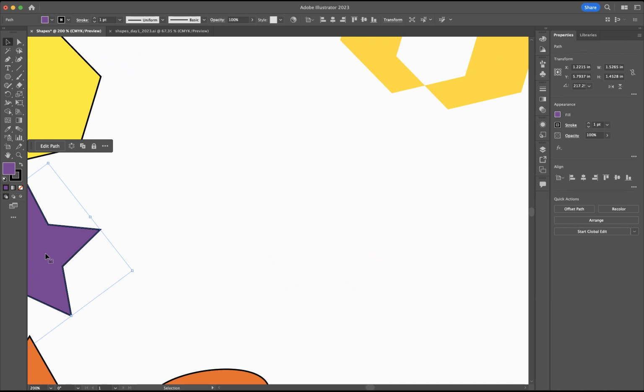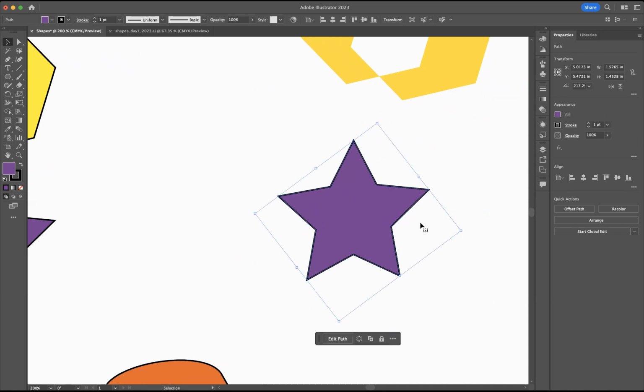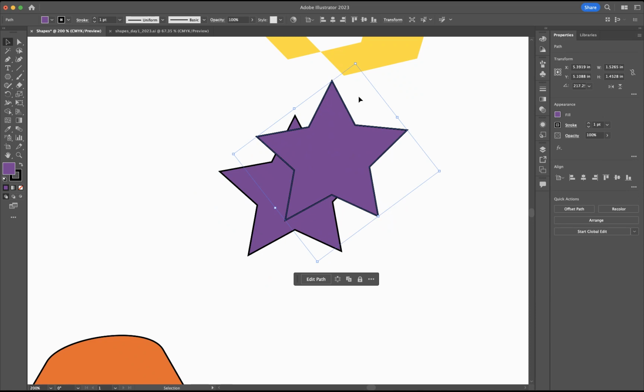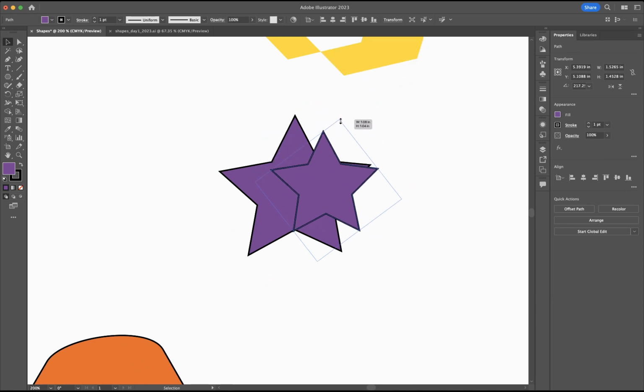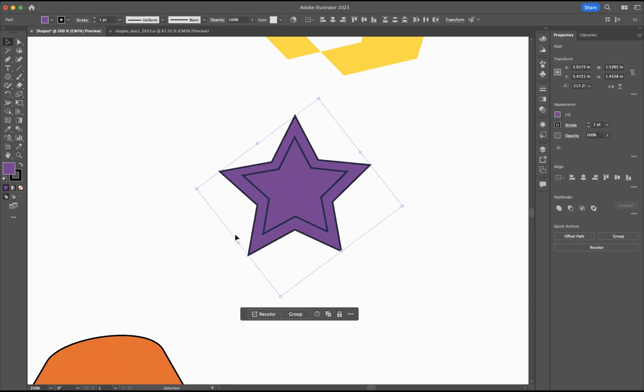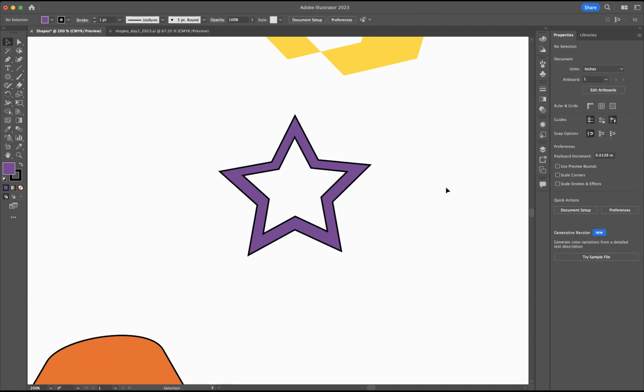Let's try the star. Remember, I have to copy and have more than one shape. So then what I can do is once I get them both, I have to have two shapes selected. I've got to click and drag, and then I can try minus front. Oh, that's super cool. So what I want you to do is go down and try out different shapes,